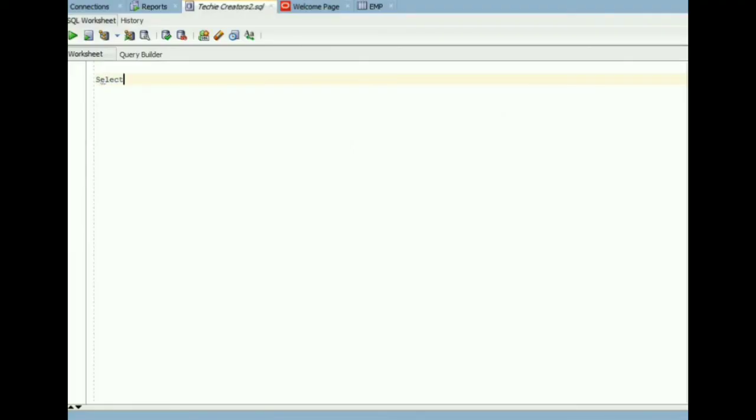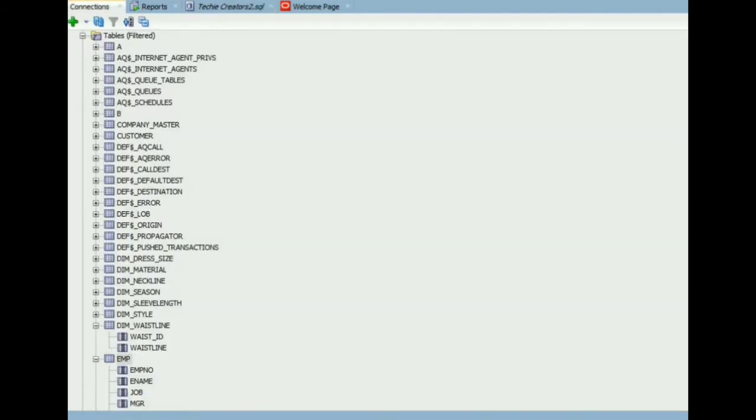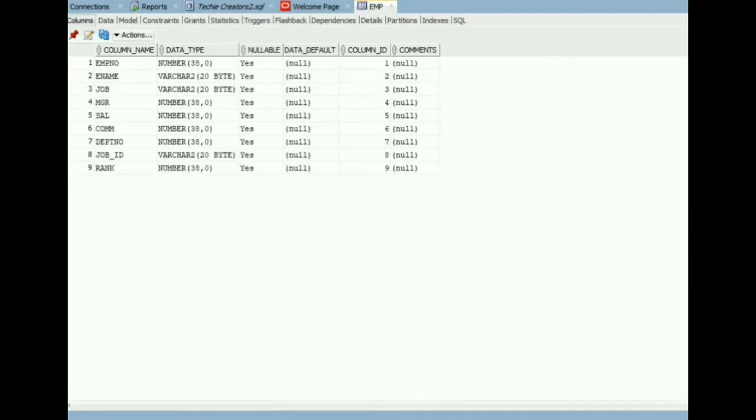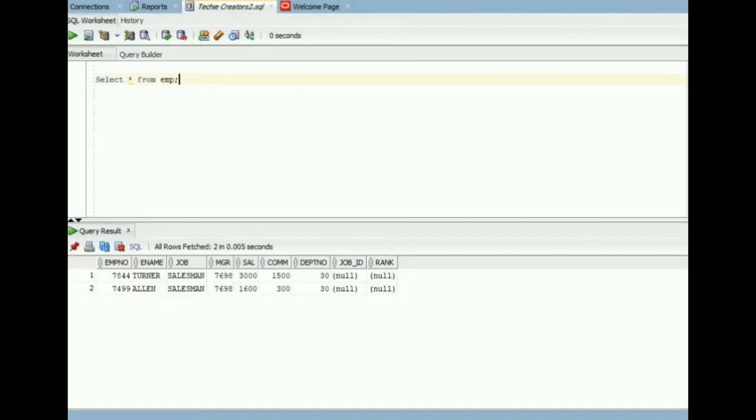Now we will see how to add and drop constraints on an existing table. We use the alter command to add and drop constraints. Let's see practically. There is a table that is already created and has some data. Let me fetch the data from this. The table is imp. So we will see whether there is any constraint in this table or not. You can see there is no constraint available in that table.